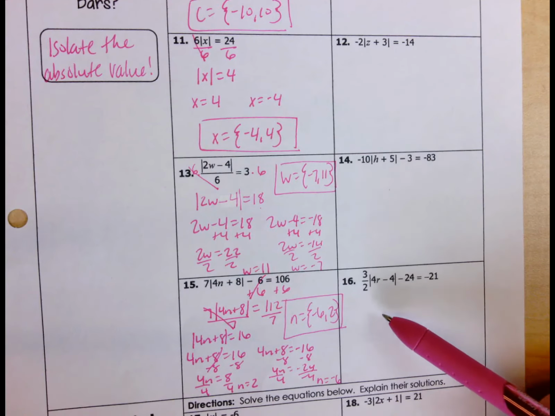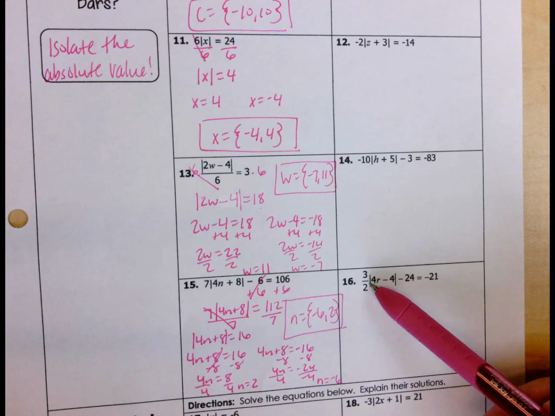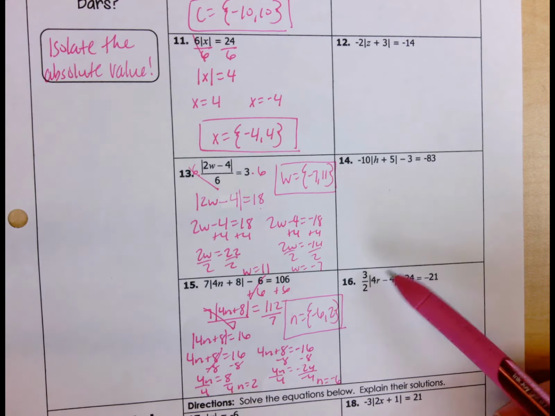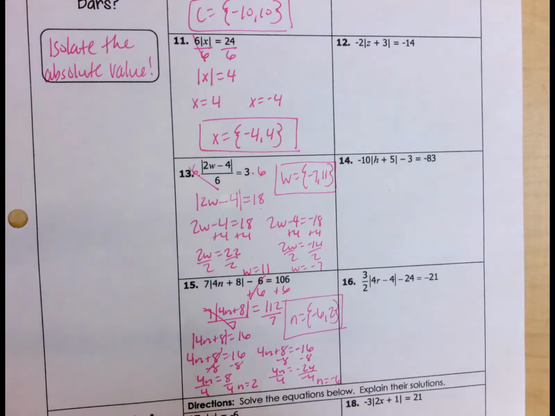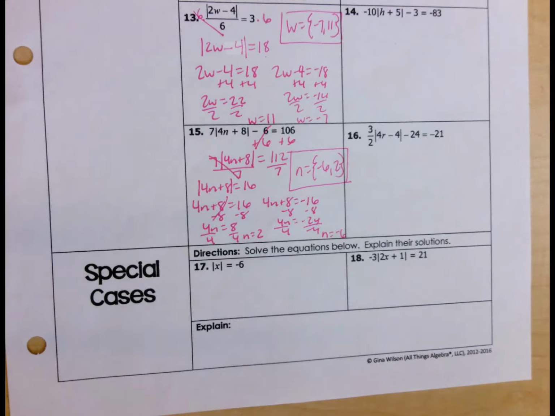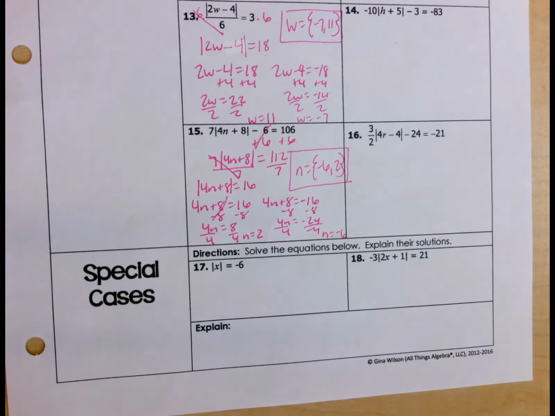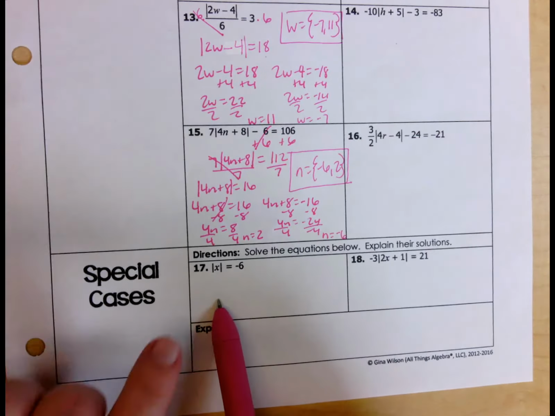Now, on 16, you're going to do the same thing, but when you try to get rid of this right here, remember to multiply by the reciprocal, meaning you're going to have to multiply by the flip of this, 2/3 instead of 3/2. All right, so just don't forget that. Okay, special case. There is one special case that may come up on this that I want to make sure that you see. And I'm going to let you work out number 18 on your own, but number 17,